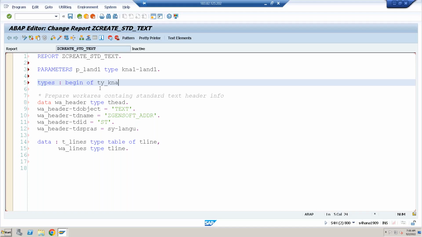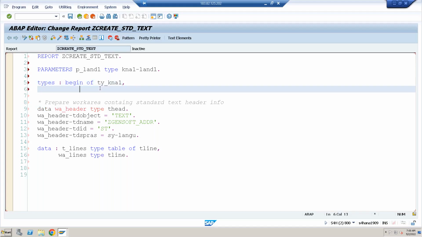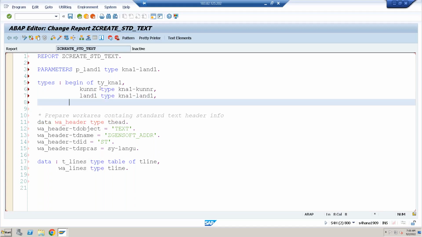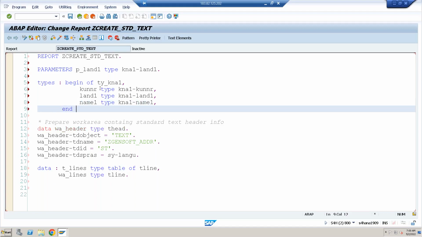Eva_, I'll say something K11. What are the fields you want? You declare them. Customer number type K11-customer number, K11-land one. Then I'll take name one, type one, K11-name one. I'll close this. End of what? Eva_